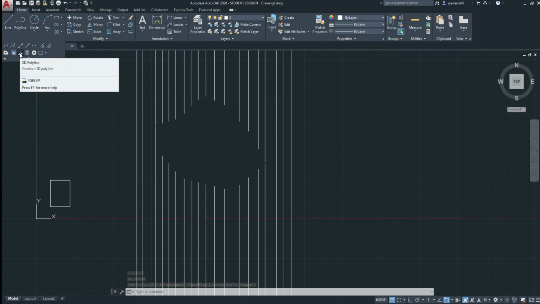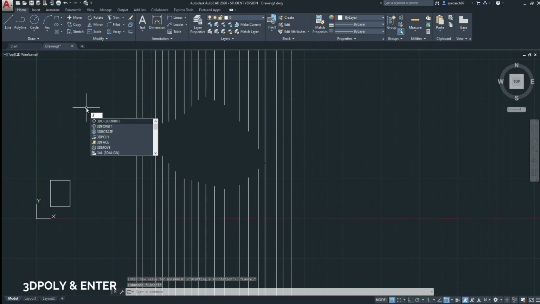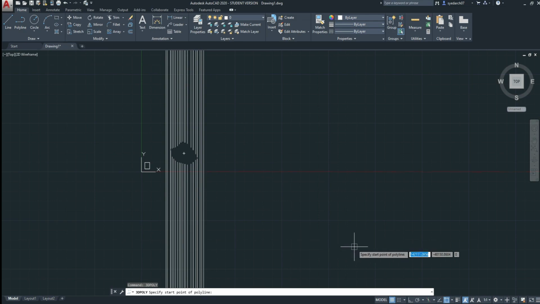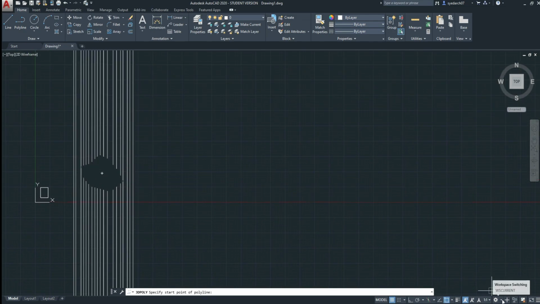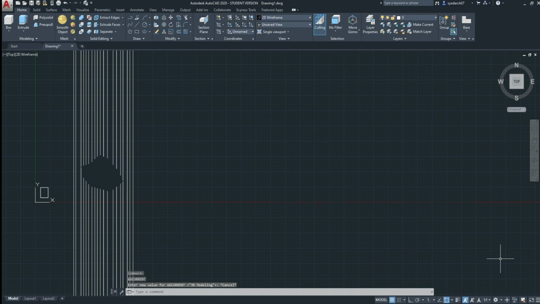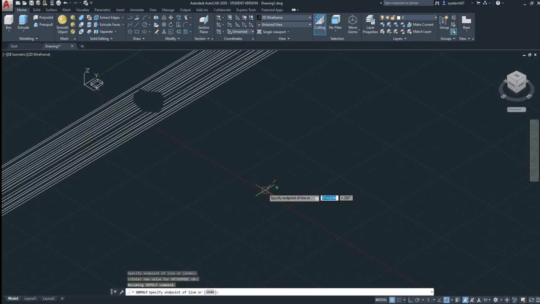The next option we have here is 3D polyline. To use 3D polyline just click here, or use the shortcut 3DPOLY and press enter. Now switch to 3D modeling and change your view from top view to 3D view. Then draw your polyline and follow the XYZ plane you have here.